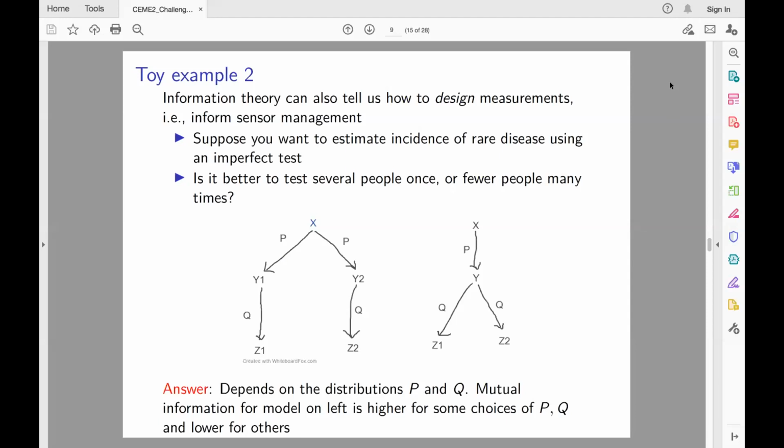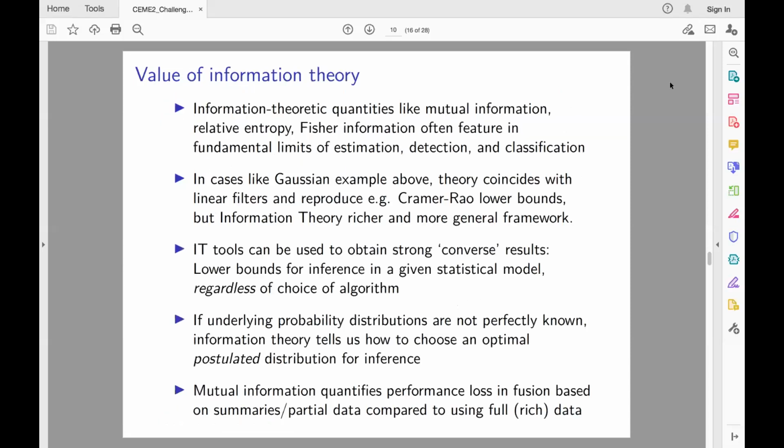One is that X splits in half, so you get Y1 and Y2, independent noisy versions of X, and then those are put through noise. The second is that you take X, get a single noisy version of it, and then noise is added to that. The question is, which of those carries the most information? You may have a belief one way or the other, and the answer is we don't know.